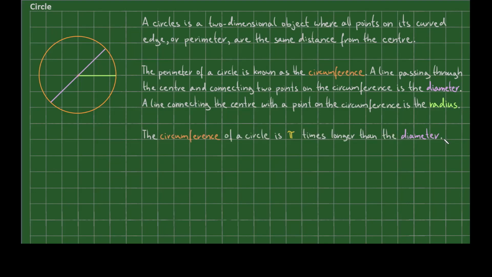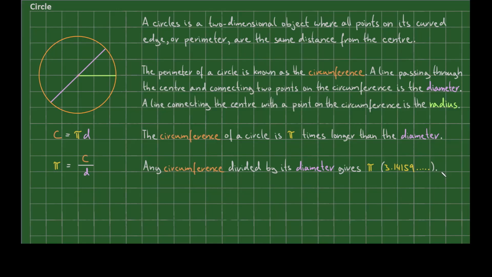The circumference of a circle is pi times longer than the diameter. This statement can be converted to this convenient formula of c equals pi multiplied by d. Rearranging this formula to make pi the subject gives the actual ratio between the circumference and the diameter. In other words, pi equals circumference divided by the diameter. This in fact is the origin of the value pi. Any circumference divided by its diameter gives the value pi,